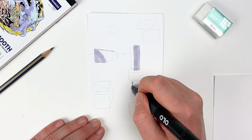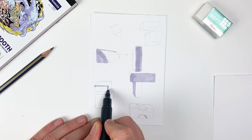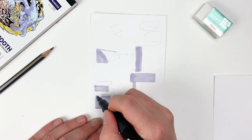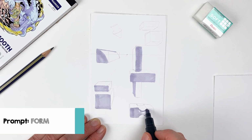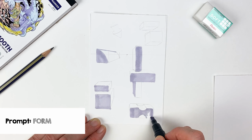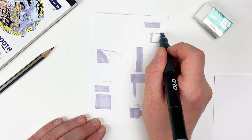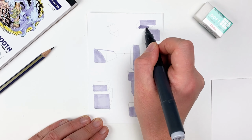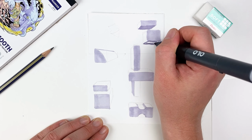This means that all of my front-facing planes are going to be filled in with our Cool Gray 3, and all of our planes that are in shadow are going to be filled in with our Cool Gray 5. This is a great and efficient way to render form, which is our prompt this month. This will also help our boxes pop off the page a bit more, because while our sketching pencil is a great tool for our initial lines,